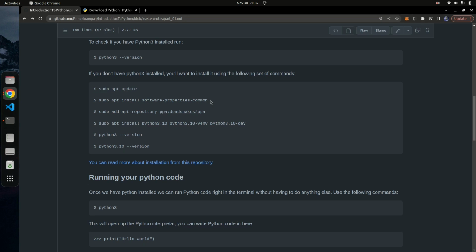After that, you run this command right here, and it is going to set up some software properties for you. If you remember, you're using sudo, so sudo is going to ask you for a password. Just type in your password and allow access to install this. Once you have that installed, you go ahead and install this one as well. Run this command to install a couple of things.